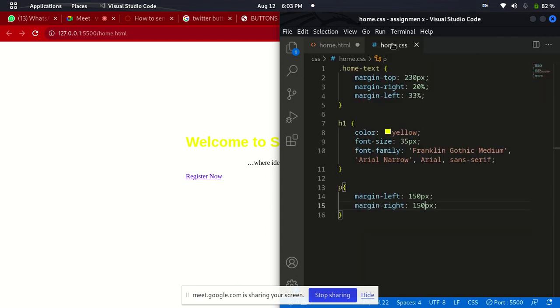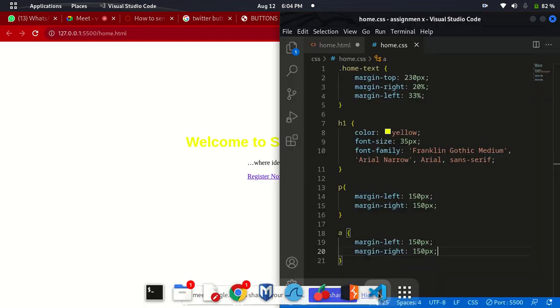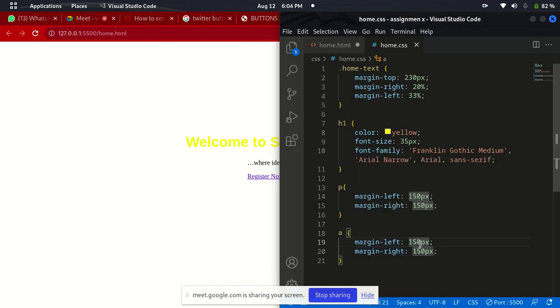And style it the same as I style this P. A. Can still give it the same values, but it's not going to be the same align because the text is bigger. Look at it. So I'm still going to increase this one a little to maybe 170 and 170,